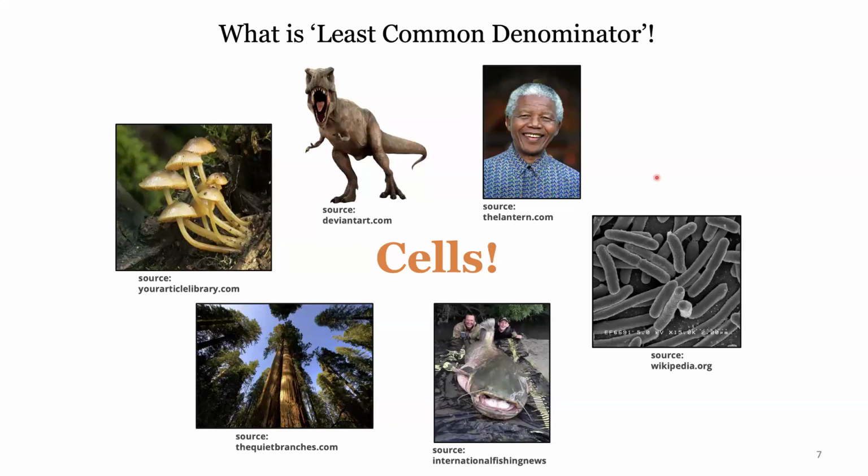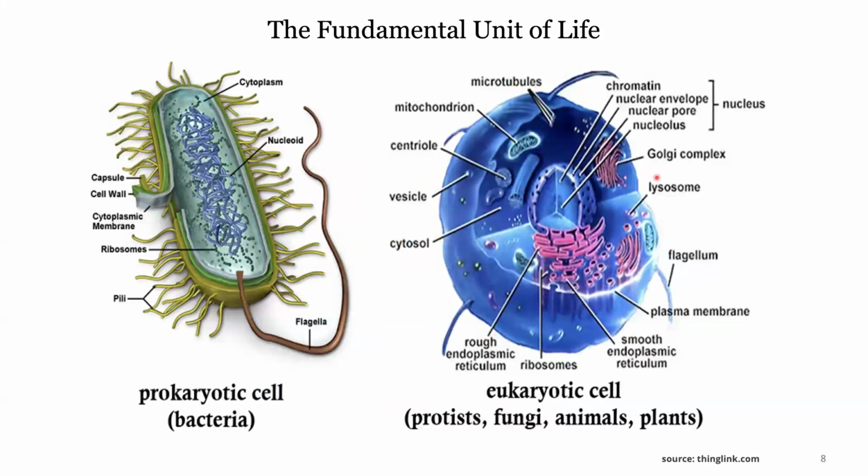So if you can use these fundamental component molecules and concoct cell-like entities in the lab in a test tube, you can say that you have synthesized life using a bottom-up approach. Here is a slide which shows you the fundamental unit of life as we appreciate today. One is a prokaryotic cell and the other one here on the right is a eukaryotic cell, which is what you and I are made of.